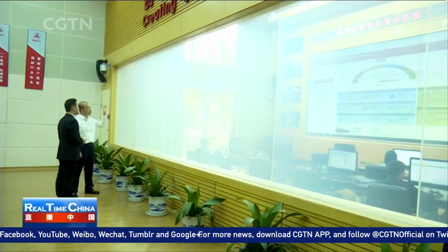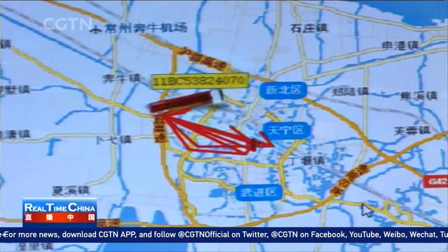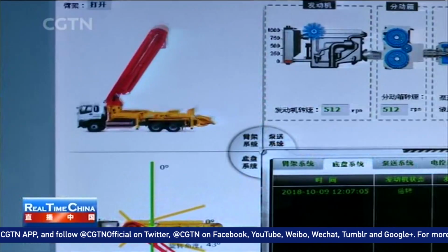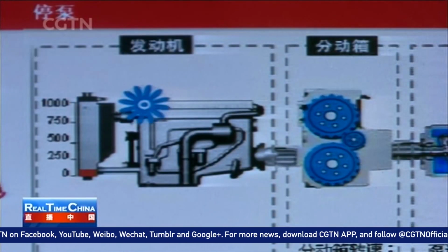The company is now working to build a smart control system engaging most of Sany equipment. It's able to monitor the movements of Sany machinery and deploy them to target locations when necessary. When an emergency happens, this system will be able to mobilize not only water tower fire trucks, but also other equipment. Like in earthquake rescue operations, this system will deploy excavators and hoisting equipment from nearby working sites and help